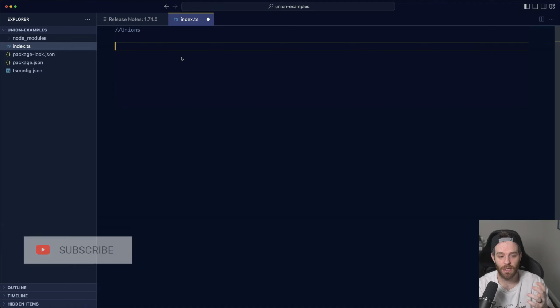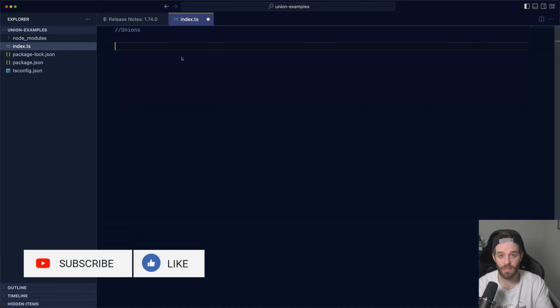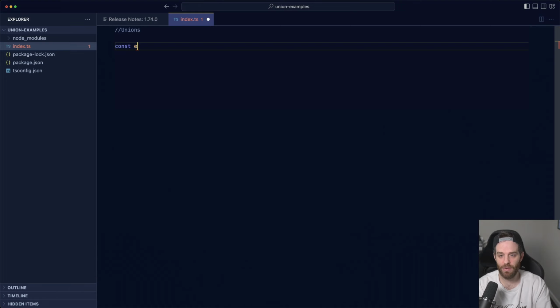So now we've done this really short introduction of what it is, let's go and check out a union in the real world. So let's start with a basic example, and then we'll use unions alongside interfaces, which you've also learnt about. Let's say we have an employee. Now in the old system, the employees were 1, 2, 3, and a letter.